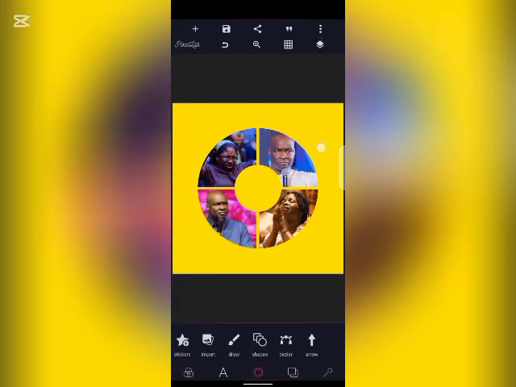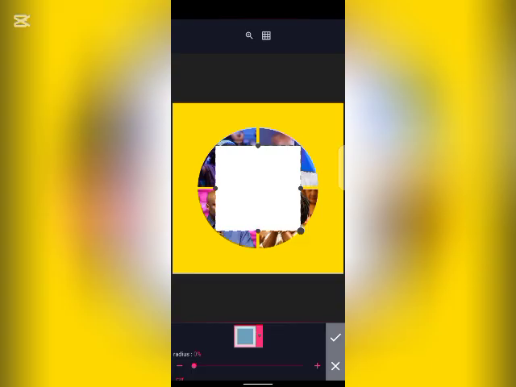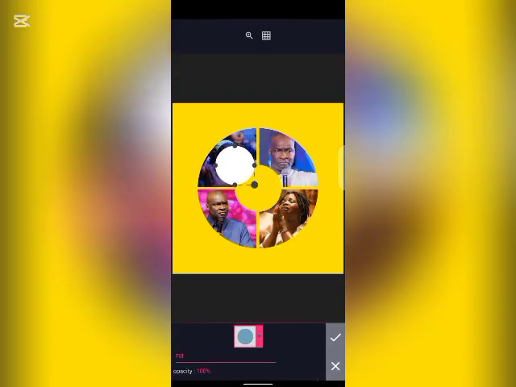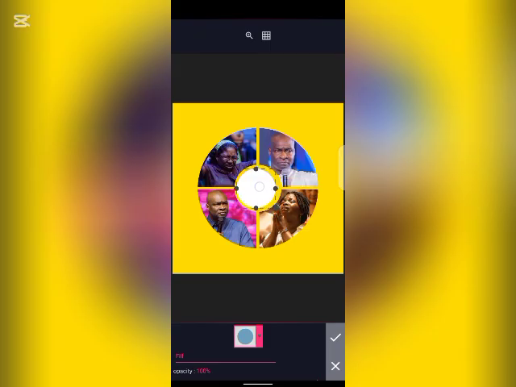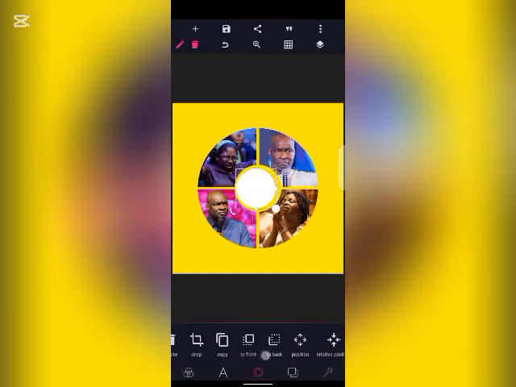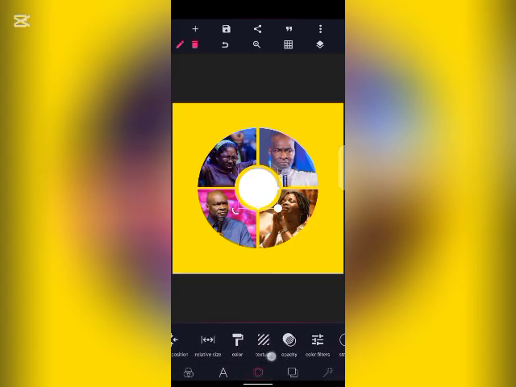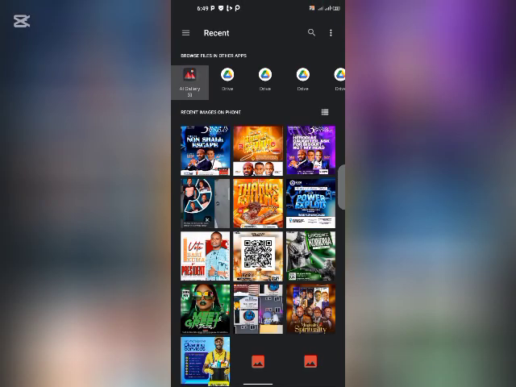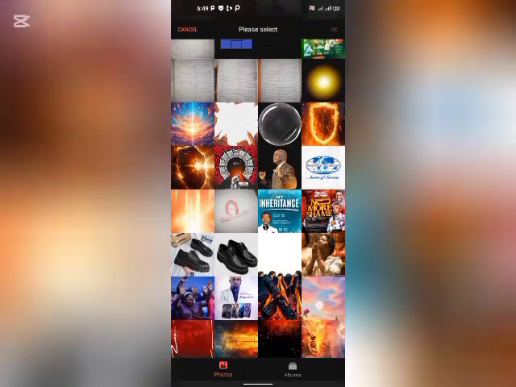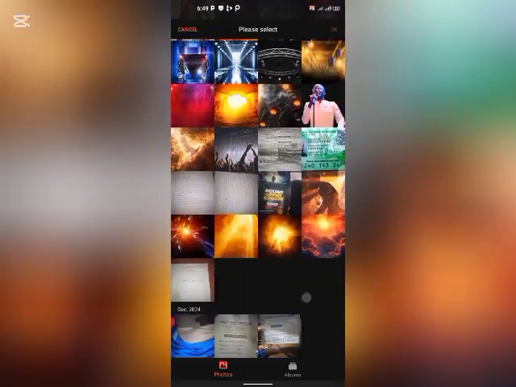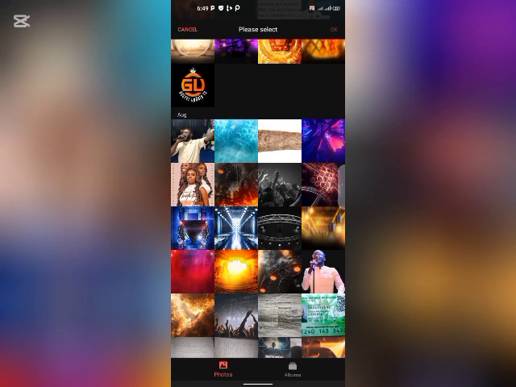Then concerning the center, if you have any image at the center, you can enter your shape like this and centralize it. Then all you need to do now is to go to your texture and bring in the image that you want to work with. So let's just assume you're working. Let me see if I will see another image here. So let's just assume you're working on